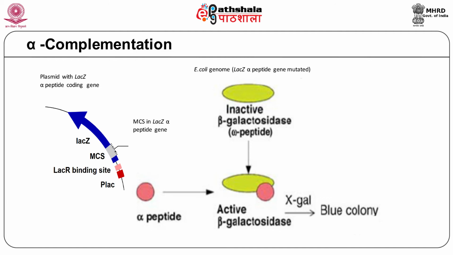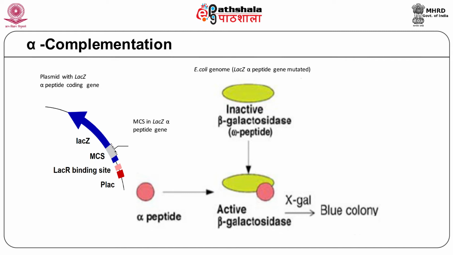Since lacZ gene is also present on the bacterial chromosome, it is important that the strain of E. coli in which the plasmid bearing lacZ gene is inserted should not express the native lacZ gene. This is done by the technique of alpha complementation. Beta galactosidase is a tetramer and each monomer is made up of two parts, lacZ alpha and lacZ omega. The E. coli strain used has the alpha fragment deleted from the chromosome, but the omega fragment is intact.